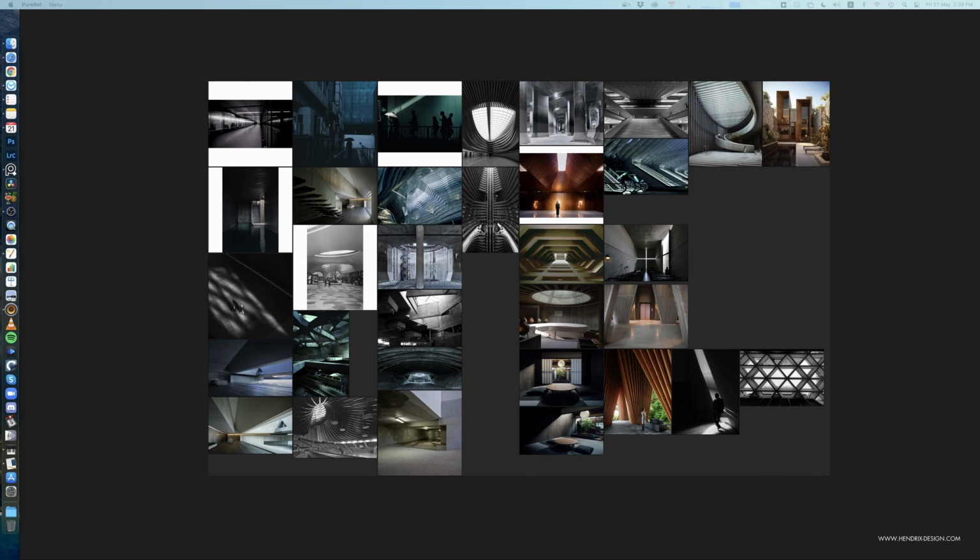So for this first part, which you can call research, reference, or analysis, it's really about collecting the reference for the space that you envision. I'm focusing here on a smaller scale space, and we're going to take apart the images here a little bit and organize them to have a better idea of what we want to do. So we're going to jump right into it, and I have a variety of references here for various